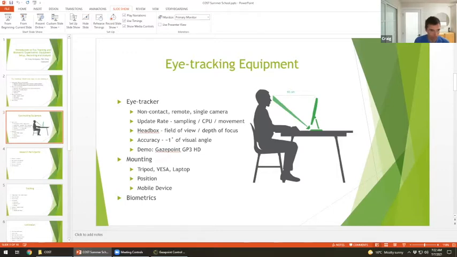Okay, so that's the eye tracker. Let's look at how you stick that in front of your display. There's a variety of ways of doing it, and it's extremely important that you do it well, because the quality of your data does depend on how well you set up the system. So what I have on my setup here,